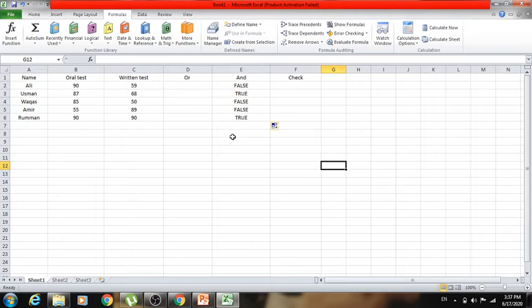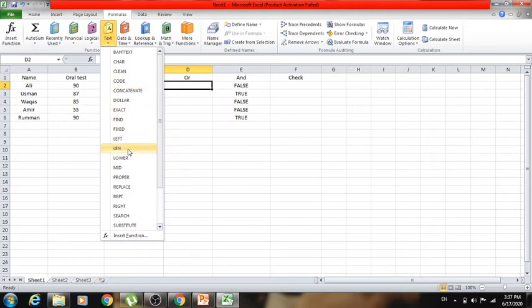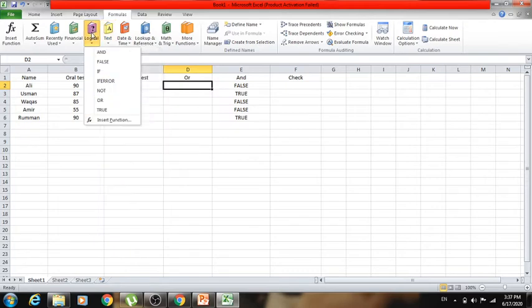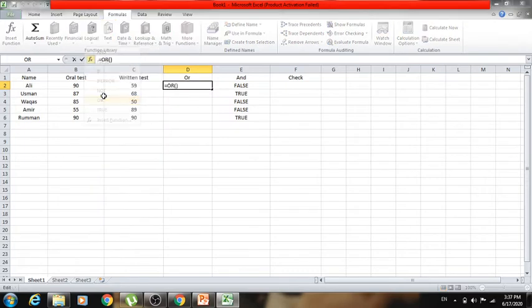Now in AND operation, if one condition is false, it means the result will come false. And the OR operation is basically opposite to the AND operation. So if the student is passed in one exam, it means he is passed in all exams. Like, we start from here, sorry, logical, and we have to select OR operation.